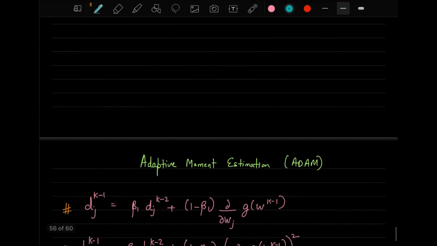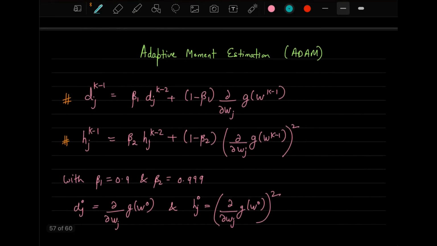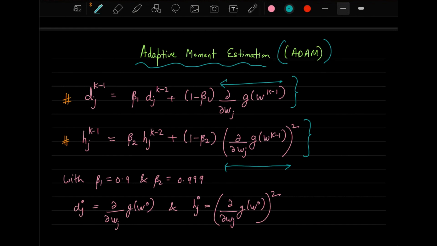Another method which is quite famous is adaptive moment estimation, which we call ADAM, and it is nothing but again fusing the two solutions to the problems that we have discussed earlier, using these equations, the first equation and this second equation. The only difference between the first and the second is that here you are taking gradients squared. In this case, you are not taking the gradient square, you are taking the gradients only. And note that it is also component wise gradients that you are doing here.